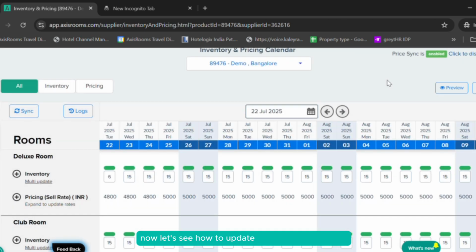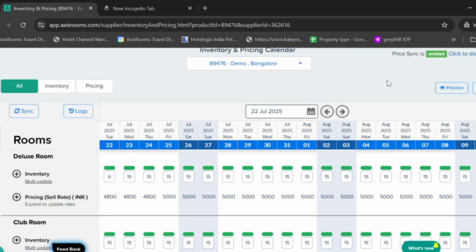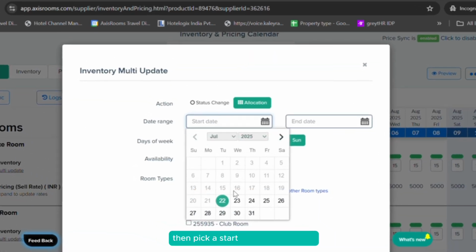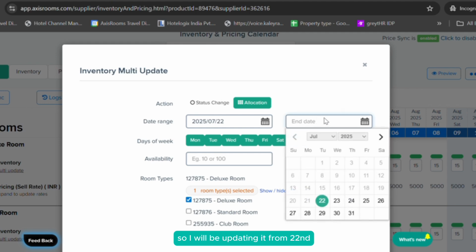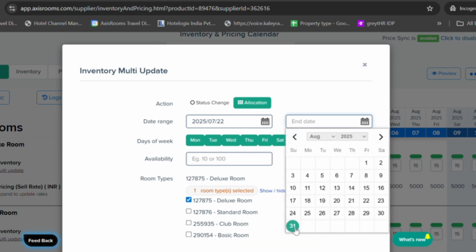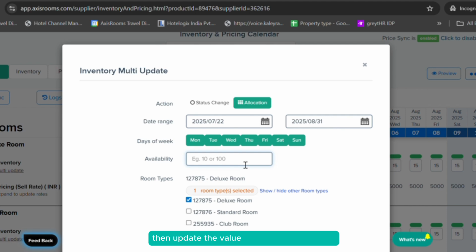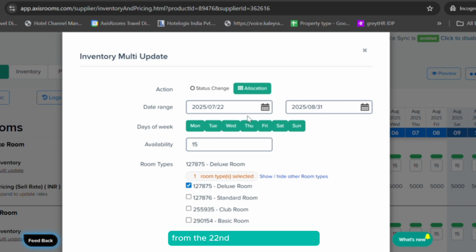Now let's see how to update the inventory in bulk. To update the inventory in bulk, click on Multi-Update. Then pick a start date and end date. So, I will be updating it from 22nd July to 31st of August. Then update the value. So now, I wish to update 15 inventory for the deluxe category from the 22nd to the